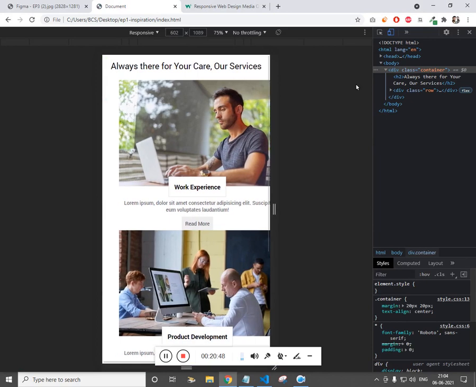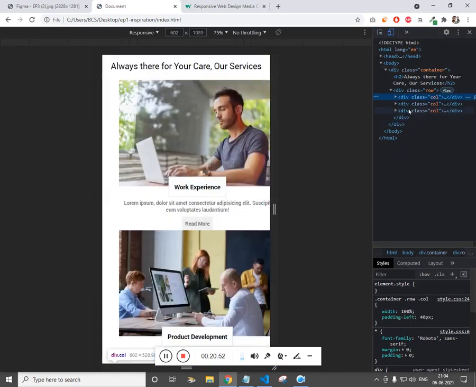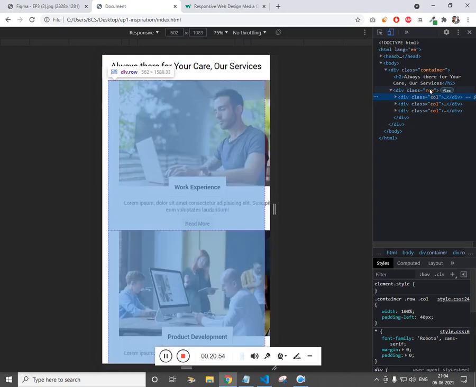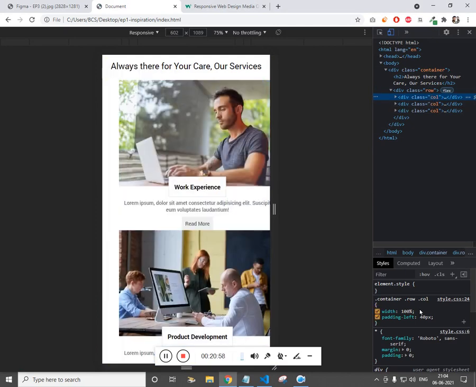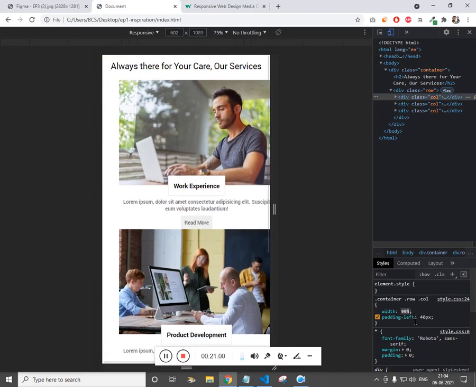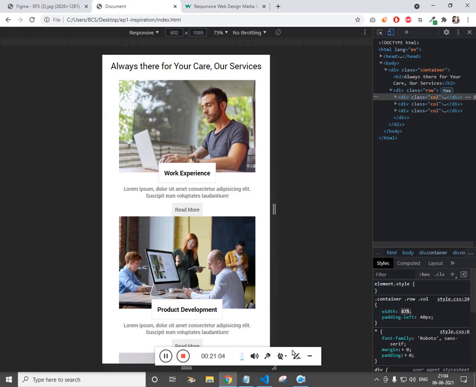Cool. Now you see there is overriding. Let's decrease the width, so that's all right. 87 is okay.